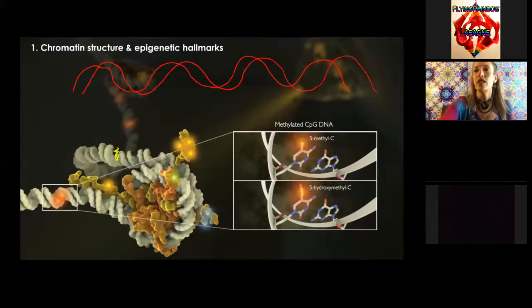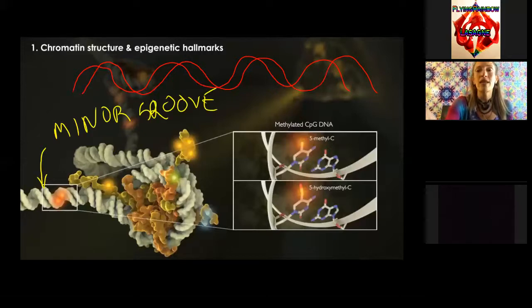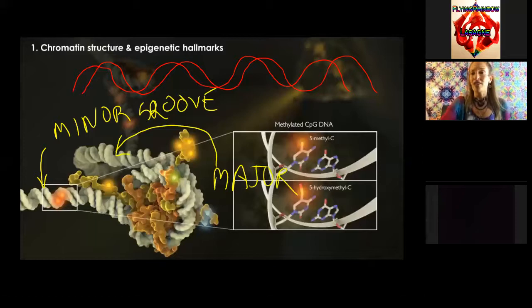And this is literally just like music, because this area is called the minor groove. Like music is groovy and you can play in a major or a minor key. And this area here, the fatter area, is the major groove. And I did not make that up. That's all science talk. So I just really wanted to bring that up because I think that that's totally wonderful. So we literally have a major and a minor groove while we are structured like this in DNA.